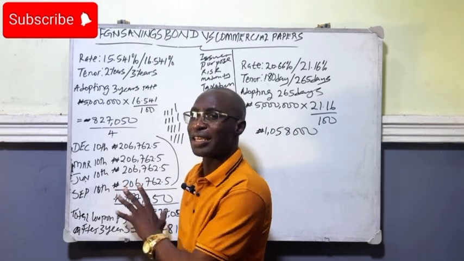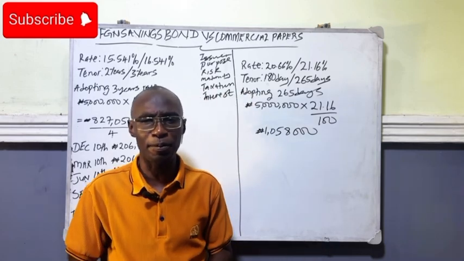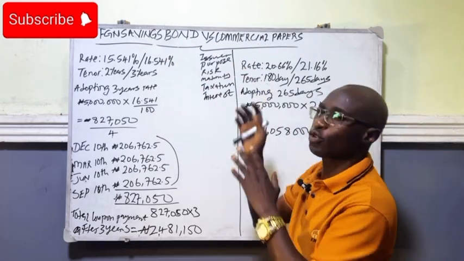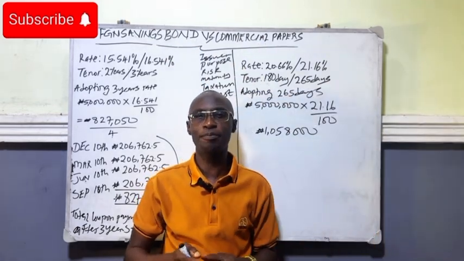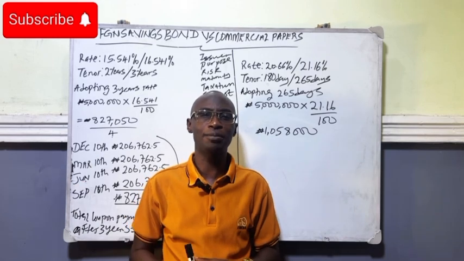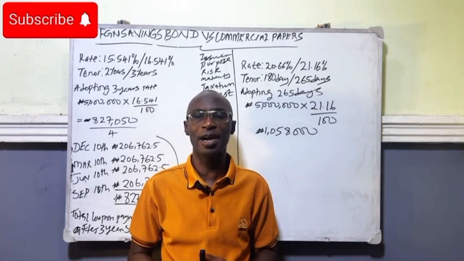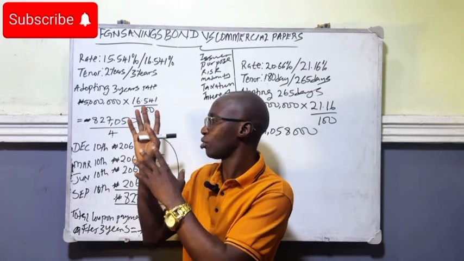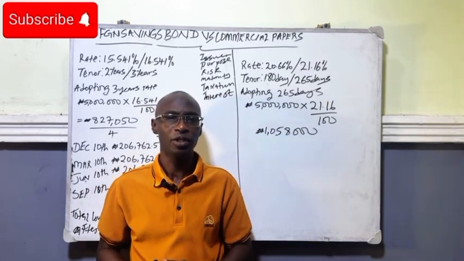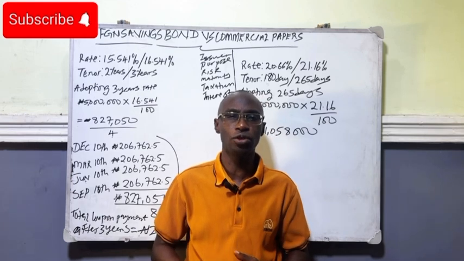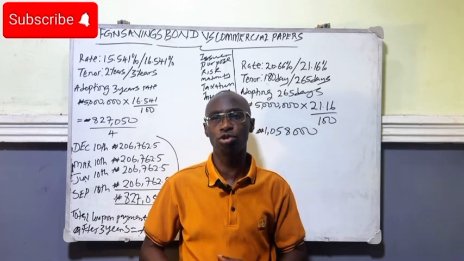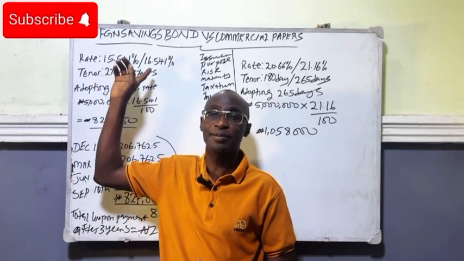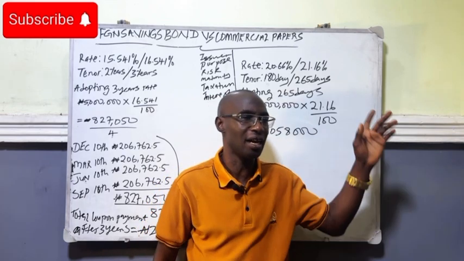Now, if you don't like FGN savings bond, let's look at commercial paper. Will you be investing in FGN savings bond, or do you prefer to put your money in commercial paper? These two investments belong to the fixed income market. If the federal government of Nigeria wishes to raise a loan, they issue FGN savings bond. If reputable companies in Nigeria wish to raise a loan, they do that through commercial paper, which means it is only the federal government of Nigeria that can issue FGN savings bond, while the companies in Nigeria can issue